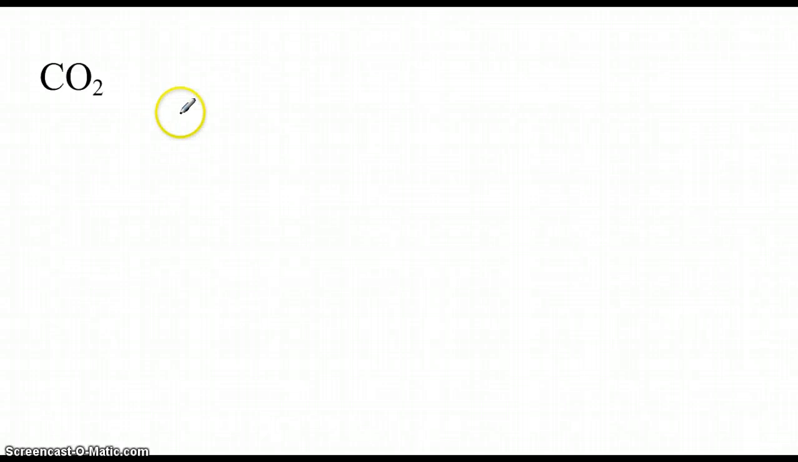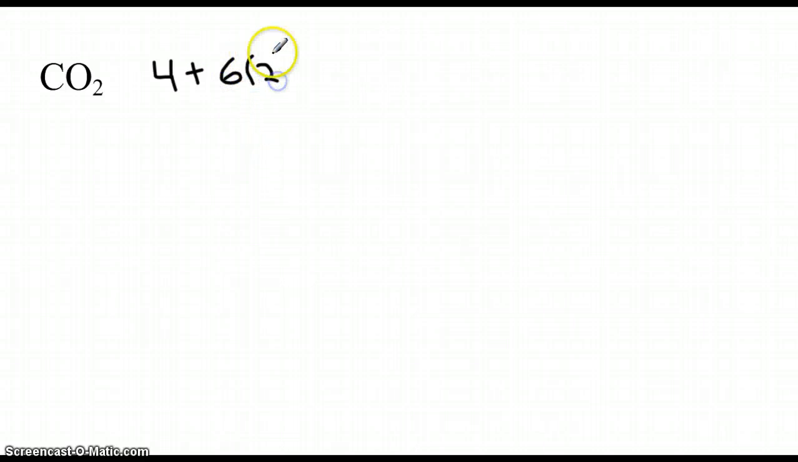All right, let's draw some Lewis structures. So what we see is we have two nonmetals, so we know we're going to draw them covalently. The first thing we need to do is add up the valence electrons. Carbon has 4 valence electrons, and each oxygen has 6 valence electrons. There's 2 of them, so we're going to multiply by 2. So we have a total of 16